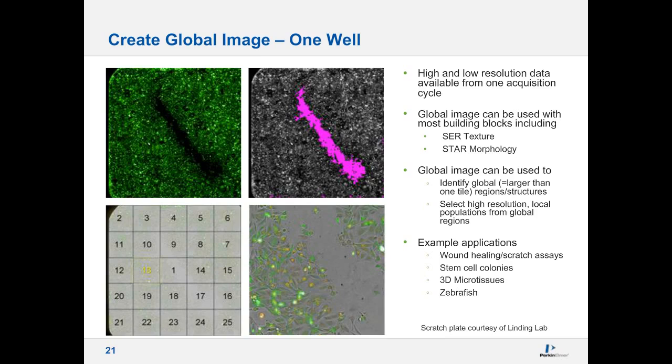Wound healing scratch assays being shown here, but you could also use this to characterize stem cell colonies, 3D microtissues, for example, to define what is the core and what is the boundary of the microtissues, or maybe even for model organisms like zebrafish. With this, I would like to end my part of the presentation, providing you with a